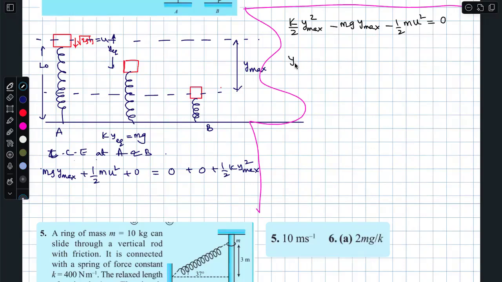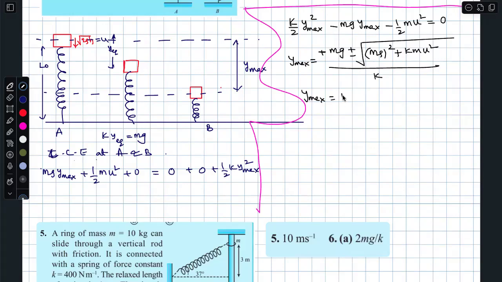So quadratic equation, Y max is plus mg plus or minus the square root of b square minus 4ac, that is mg square plus 4 times the constants, by 2a. Okay. Or minus is not possible, you know. So therefore, Y max is simply mg plus the square root of mg square plus